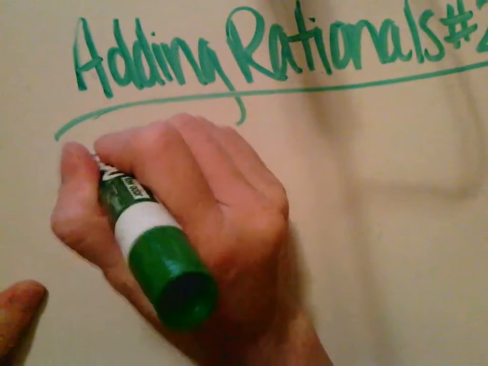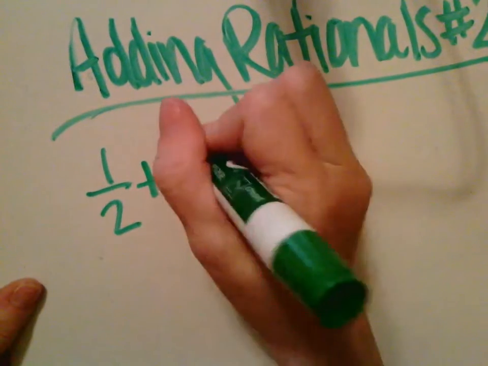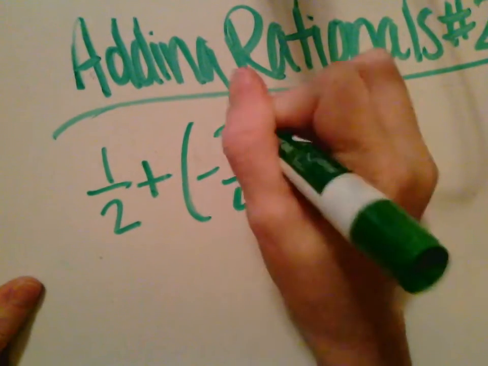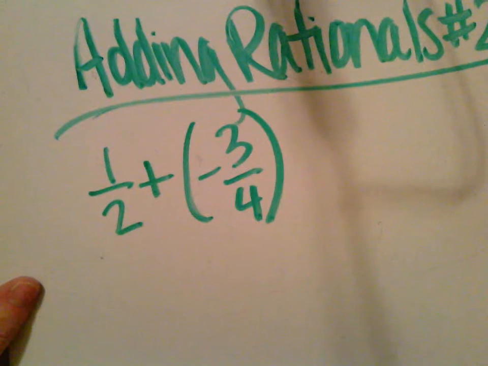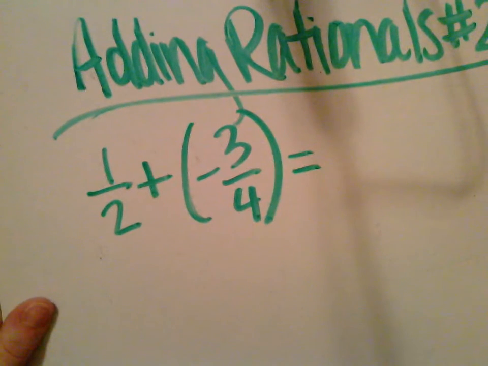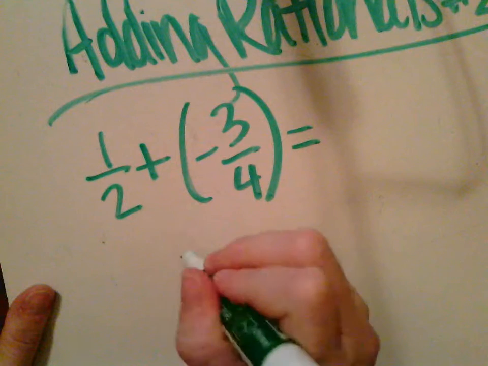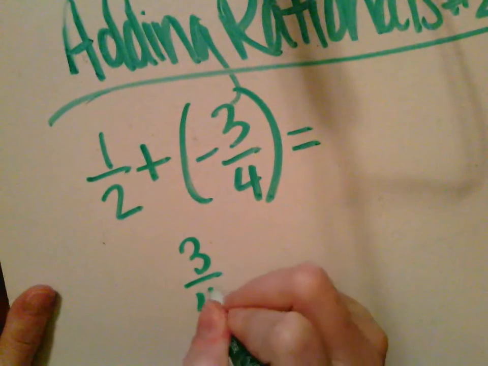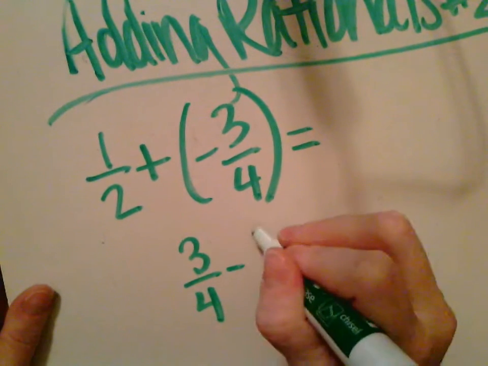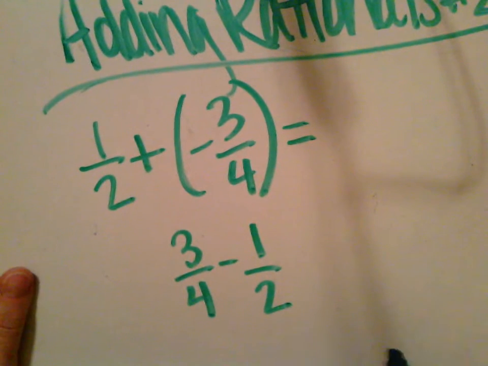Okay, so let's look at a fraction. Let's go with 1/2 plus a -3/4. Okay, I see a positive, I see a negative, so they're different, so I'm going to find the difference. So I'm actually going to do, I know 3/4 is bigger, so I'm going to write that one first, minus 1/2. But I can't do that. Fractions have to have the same denominator. So this is actually going to be